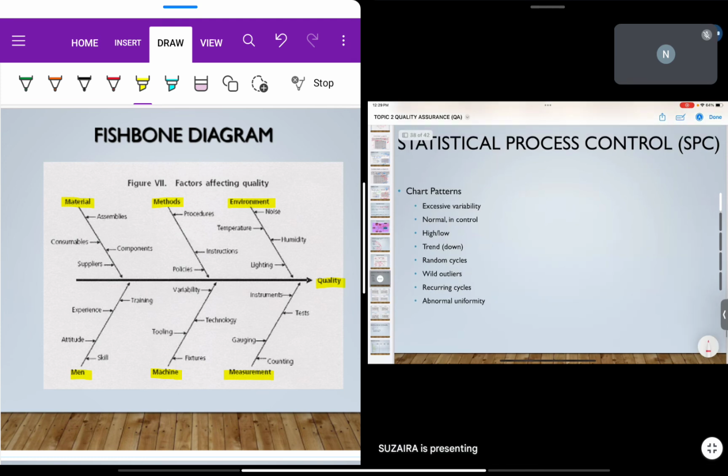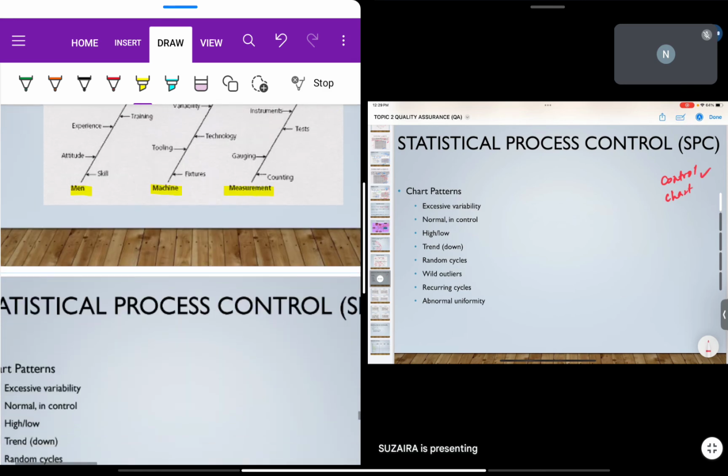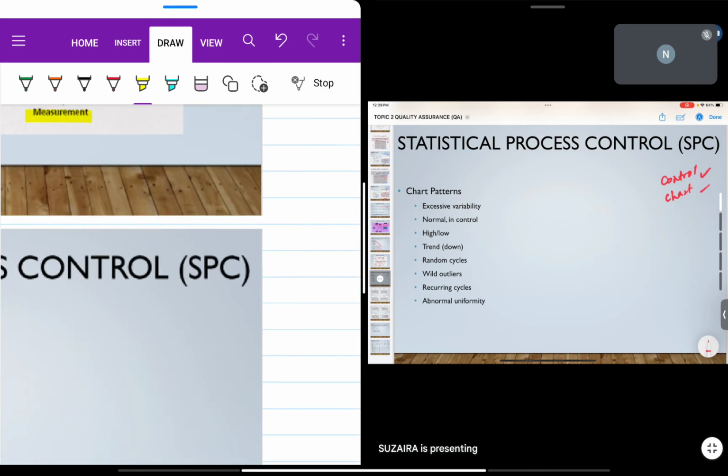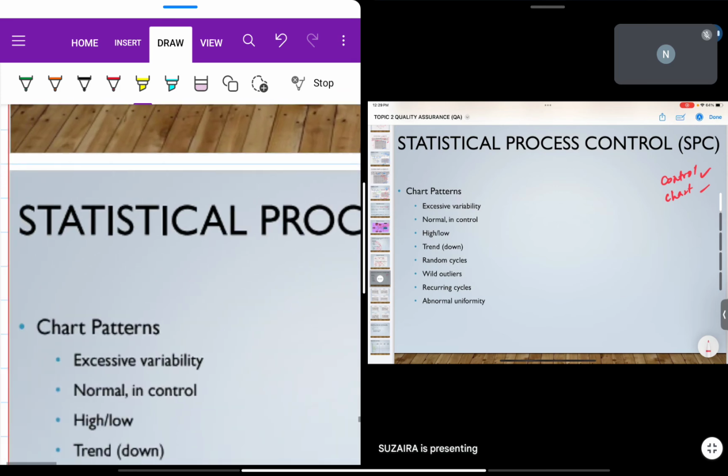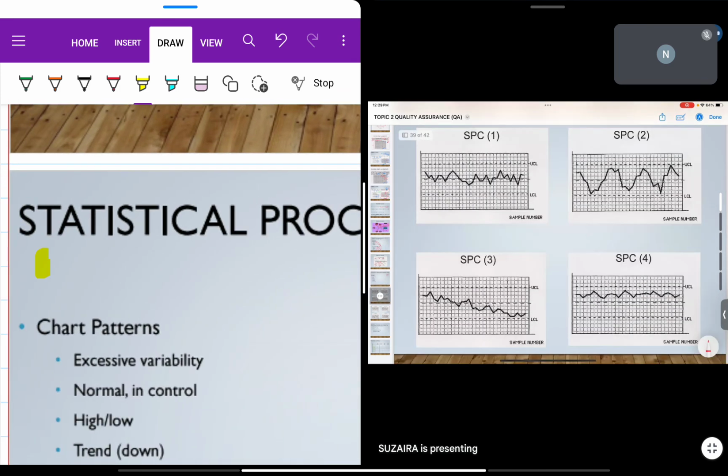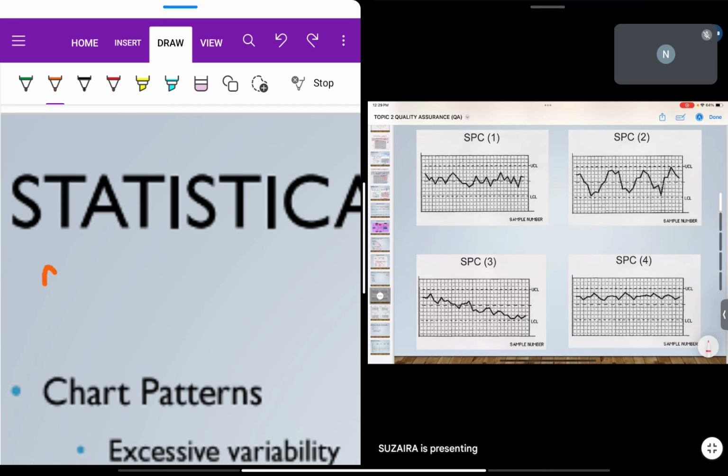And last one, this one is actually the SPC. SPC is related with the control chart just now. We already discussed, we already learned how to develop the control chart. Now it is more towards that we want to know the trend. Okay, so if you look here, we have several SPC charts